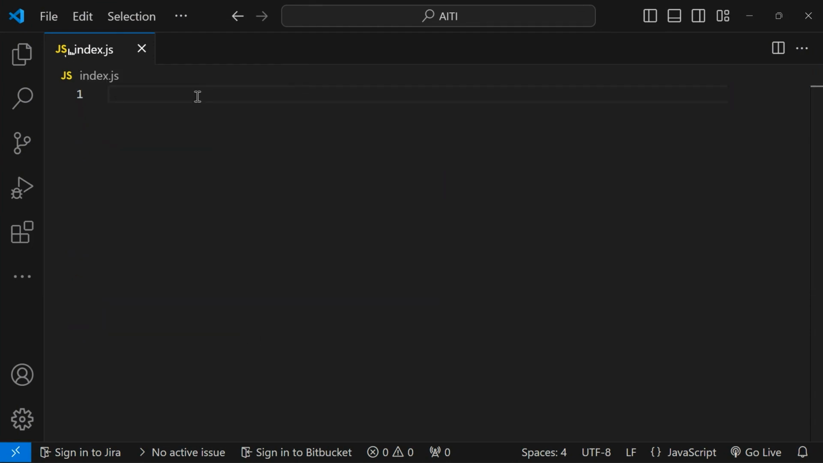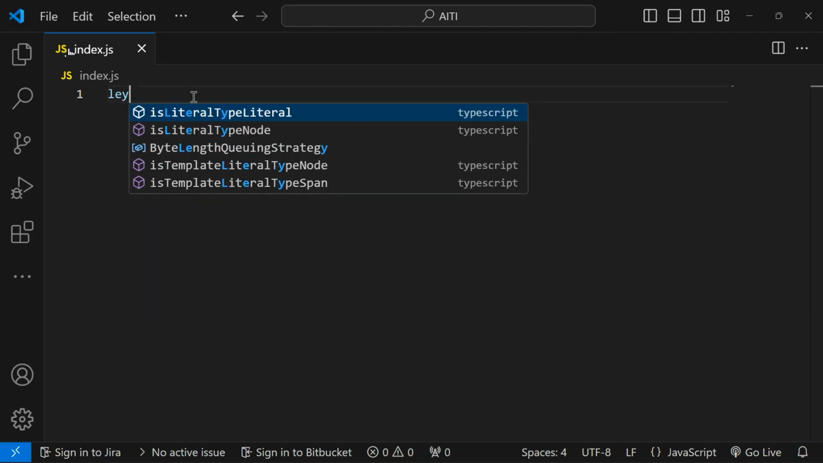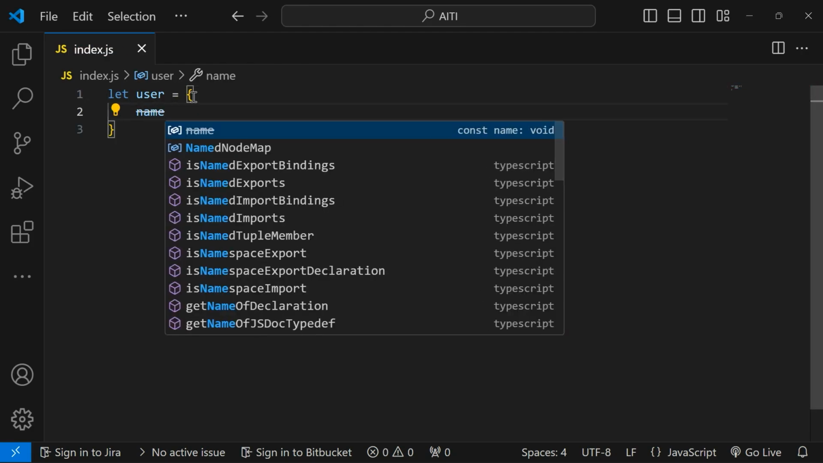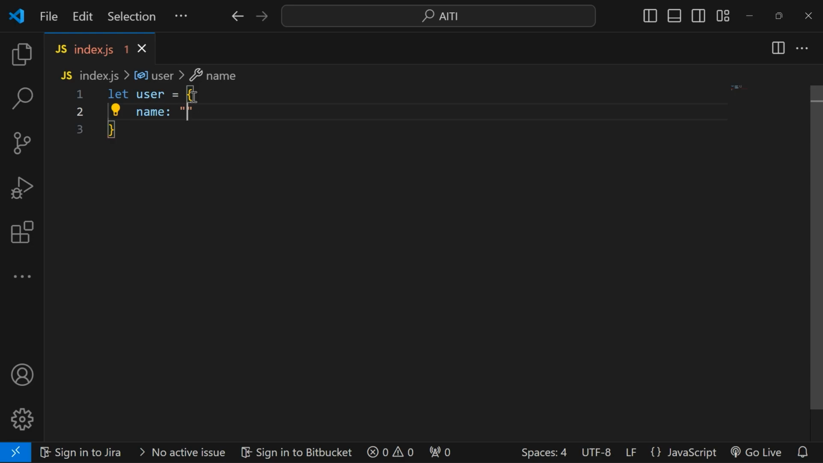Well, I hope we can remember that there are two ways to create objects in JavaScript. So the first way is using this method. So let's say we have a user and we would have curly braces for the properties of the object. So this person can have a name, let's say John, and each property would be separated by comma. So there can be age,